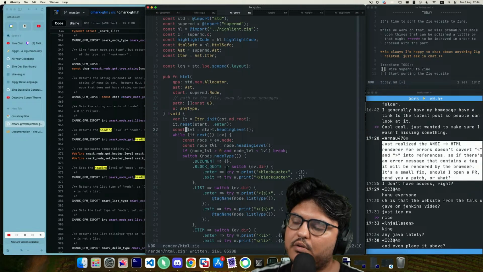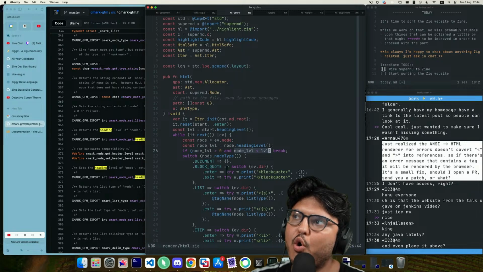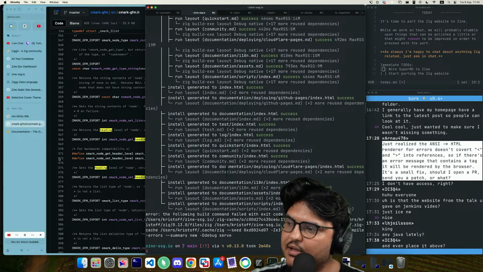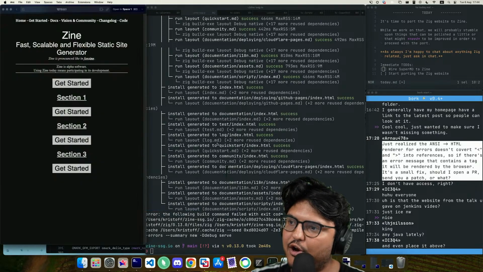Yeah, so we look at the current node. If it's a heading and the heading level is lower than the starting one, we stop. Oh, this is going to be so good. I honestly expected this to require way more work.